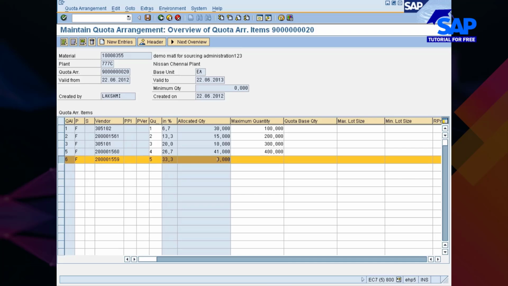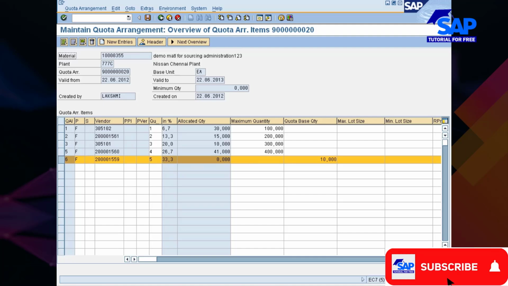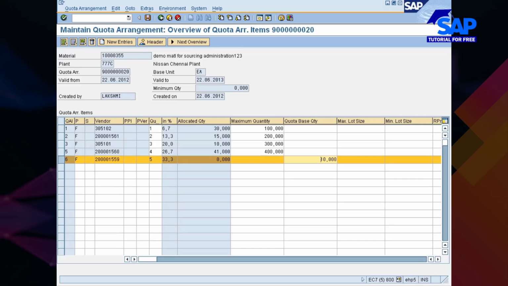Now you see here, the allocation quantity is 30 here, 15 here for this person, 10 here, 41 here. So if I put some value here in the base quantity, for example 10, now you will have some rating for this vendor, that is 0 in the allocation quantity and the quantity that I have entered in the base quantity, which is 10. So 0 plus 10, 10, 10 divided by 5,